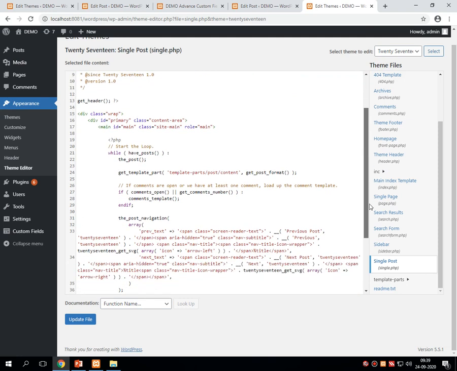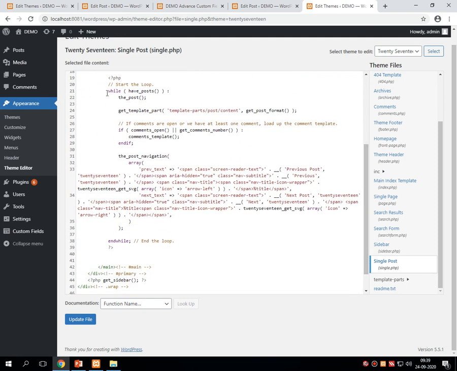Just scroll down. There is one while loop which starts inside the PHP and it completes over here. After that, write our logical line: PHP echo get_field, which is the function for fetching out the advanced custom fields data.